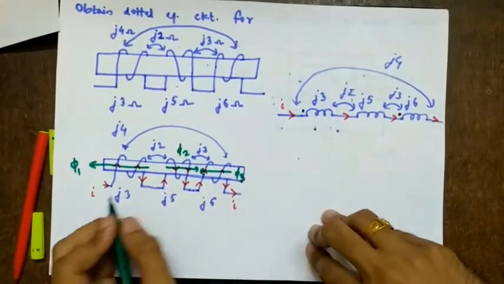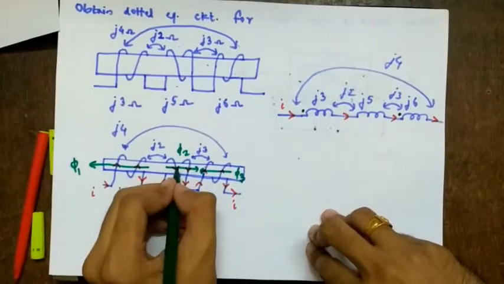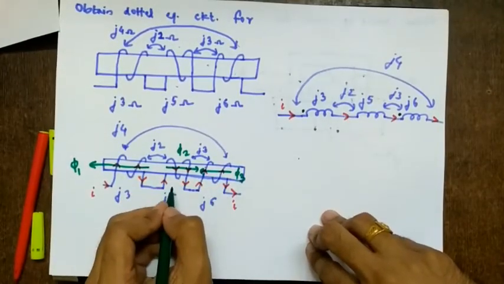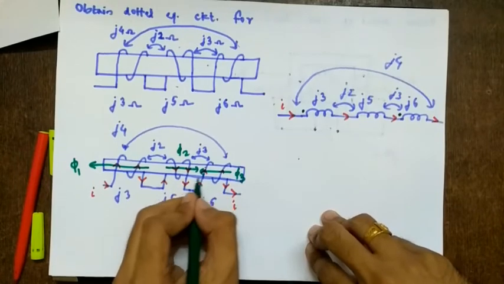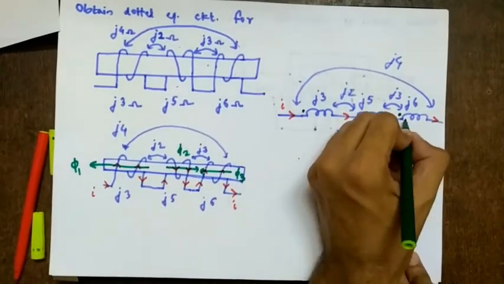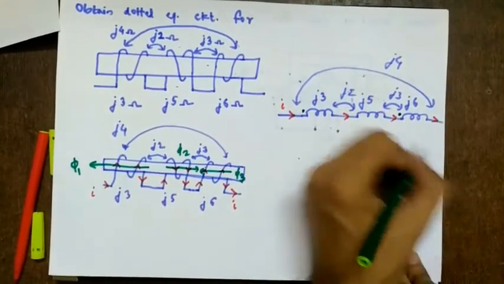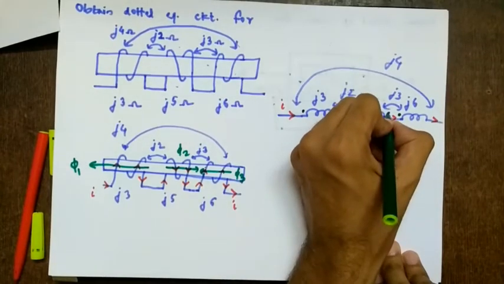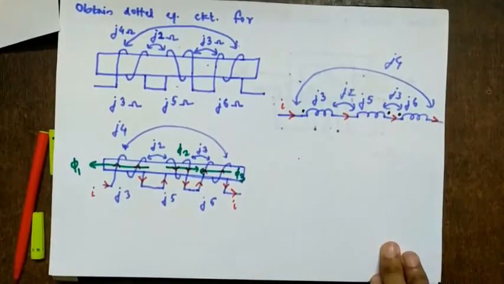Then take any two. Let's take second and third. What are they doing? They are opposing each other. So if it is entering for one, for the other it should be leaving. We have already given this dot as entering, so for this it should be leaving. So it should be this. So we are automatically done with the sum, right?